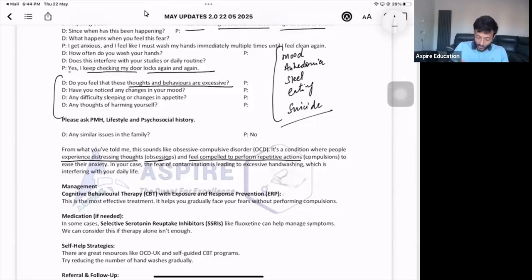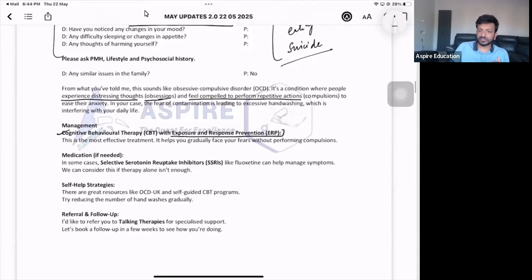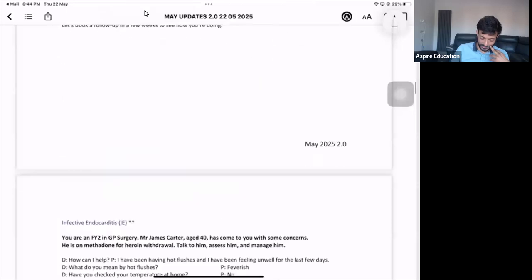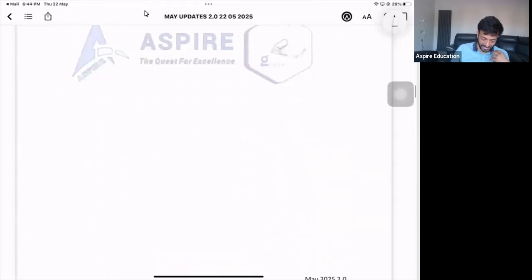Now, what's the treatment? What we do is we expose them to their obsession, but we make sure they are not doing the repetitive actions. And that is what is called exposure and response prevention. So that's what we do. And CBT. If the patient is in a severe situation, we might go for some medications as well, but that's too much. First, I would advise you to go for CBT and exposure and response prevention. That should be the main thing. So you have to refer this patient to a psychologist and they will be able to manage it. Yeah. Okay.